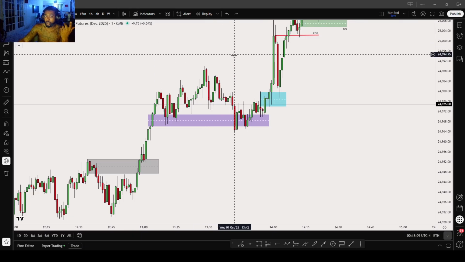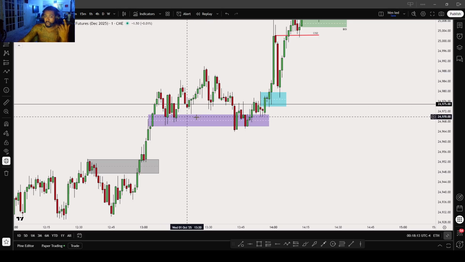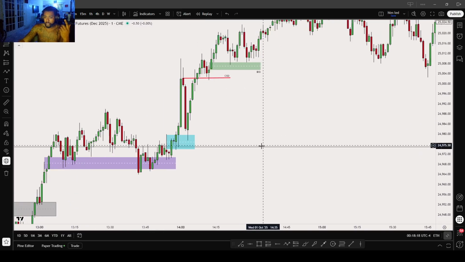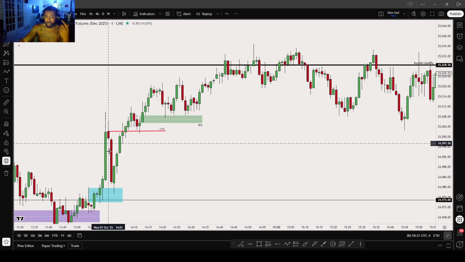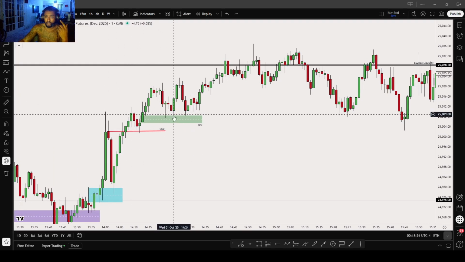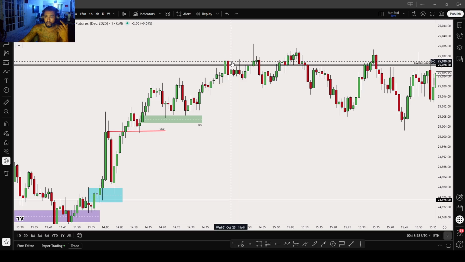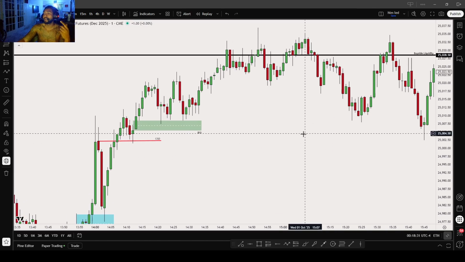Because remember, it can't just go up and up and up. It has to go back down, take out this money, the liquidity, and then go higher to get people to think we're going to go lower. Get all that liquidity. We just keep going higher. Right, respecting these down close candles. Boom, respect the wick, respect the inefficiencies. Target hit. I like saying TP, but it's just target hit when I mean to say TP.